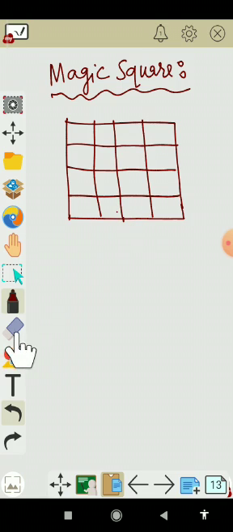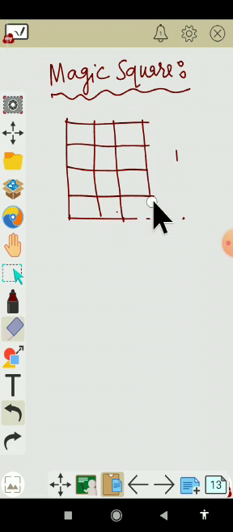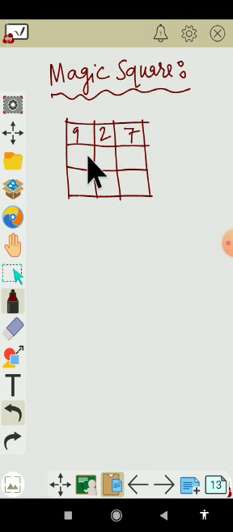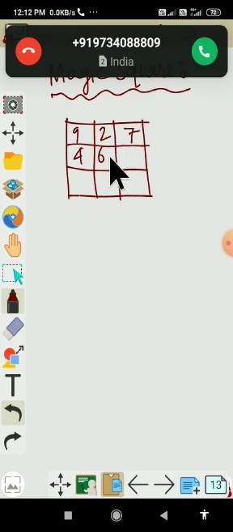So we have to take a table of 3 cross 3. If you put here 9, 2, 7, again 4, 6, 8,